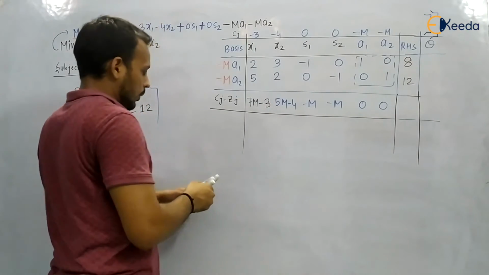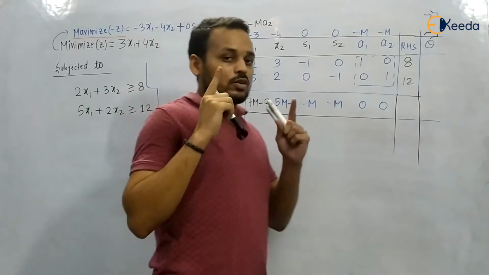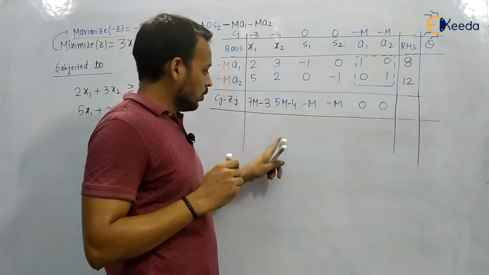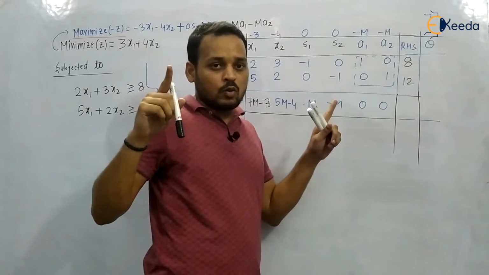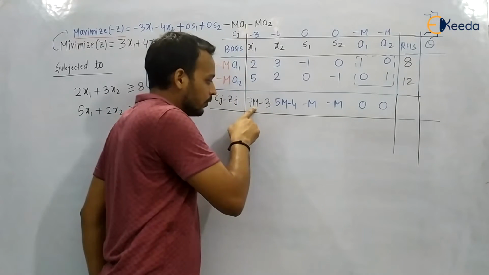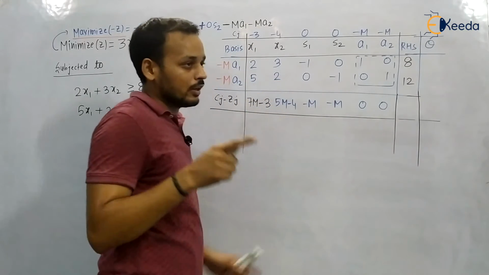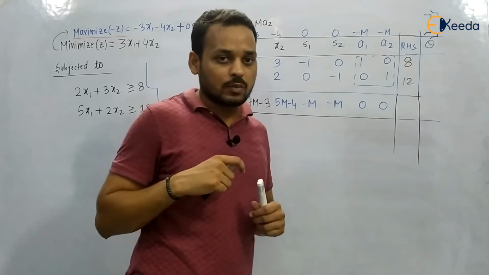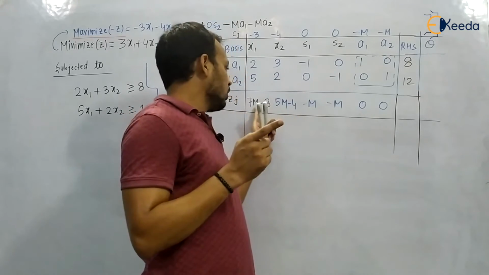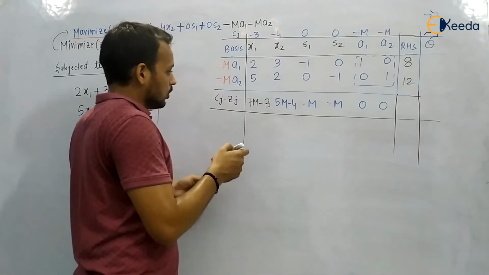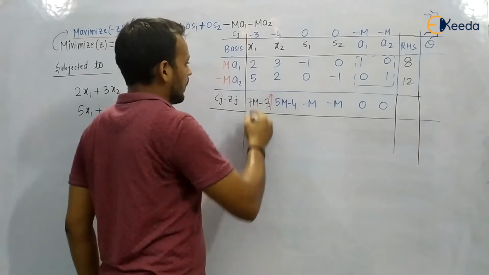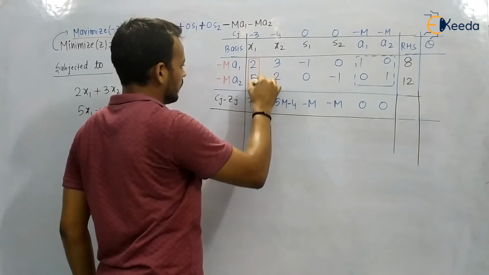Okay. Now you have to look for the largest positive value. Since we have assumed M to be the largest positive value, it is infinity, but we have not directly put the value of infinity, because if you put infinity, then this is also infinity, and you will not be able to find the incoming variable. That's why we have not directly put the value of M as infinity. So this is going to be your incoming variable because it is 7M, so it is more positive. So this one is the key column.